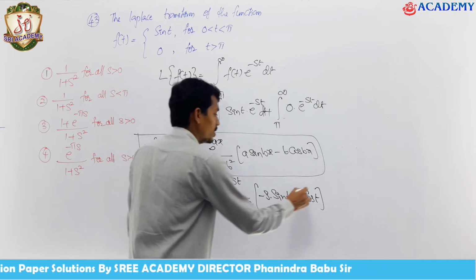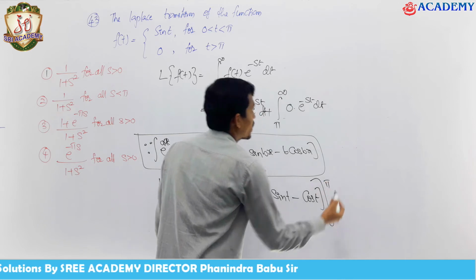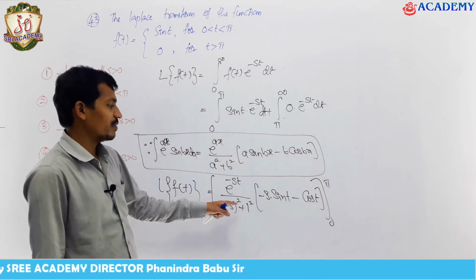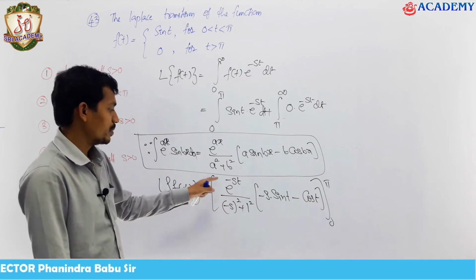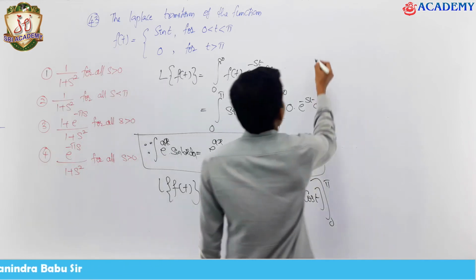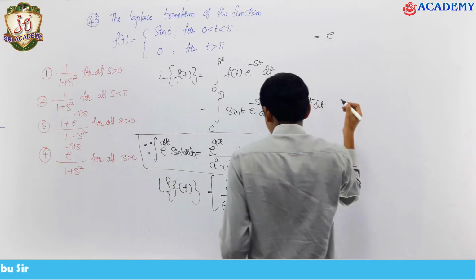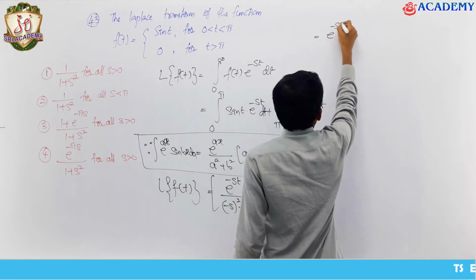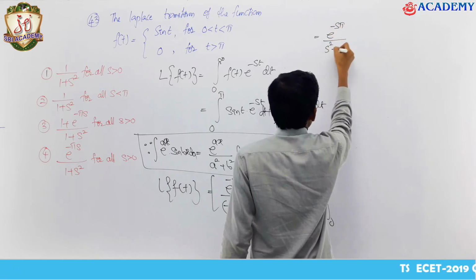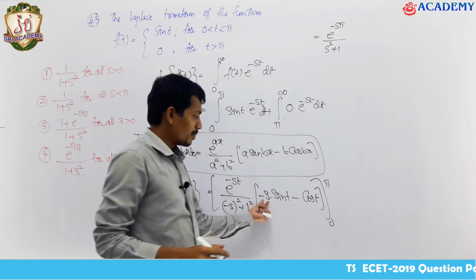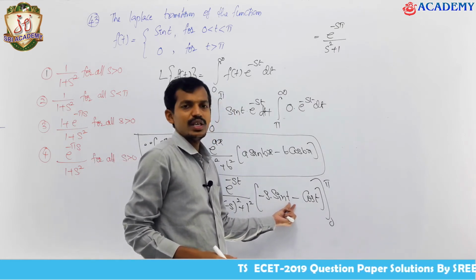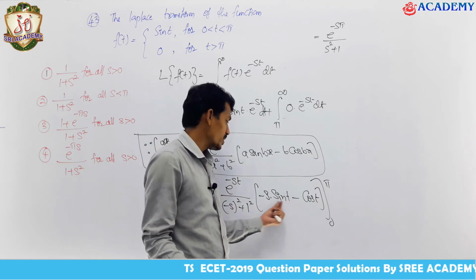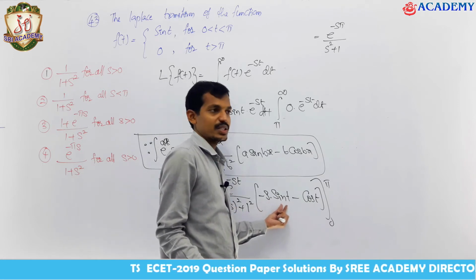In between 0 to pi you have to write. Now I am substituting the values. First of all I will substitute pi, then 0. For the upper limit, if you substitute, it's going to be e power minus s pi divided by s square plus 1, minus s into sin pi. Sin n pi is always going to be 0, so minus s into 0 is nothing but 0,